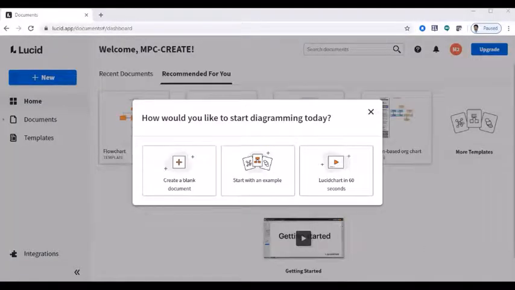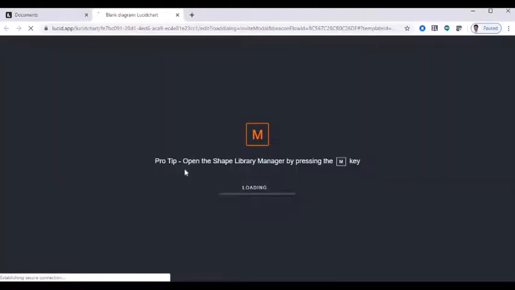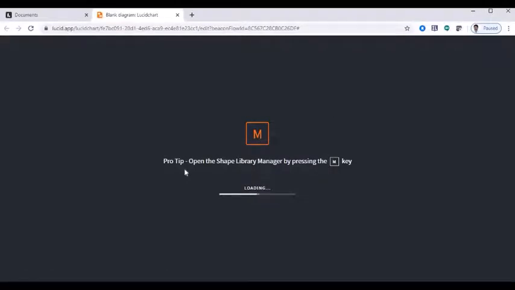So now choose create a blank document to start your own drawing. It will take you to another screen, so wait a few seconds, it will open.